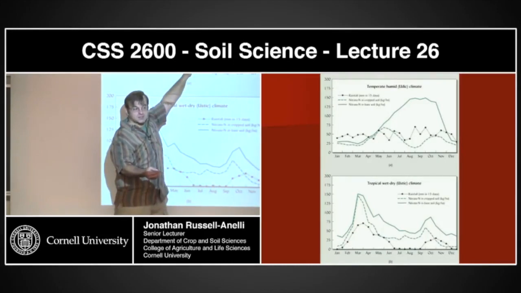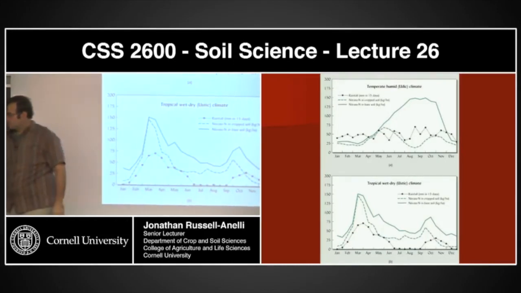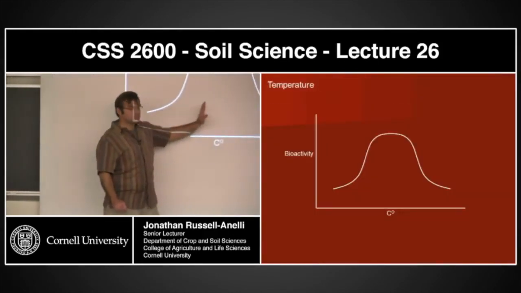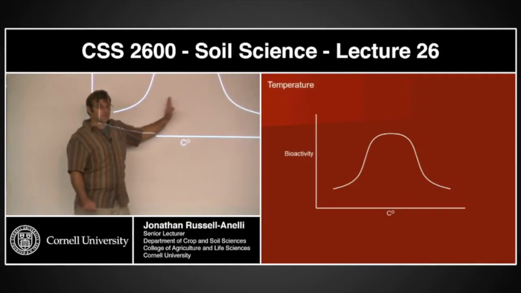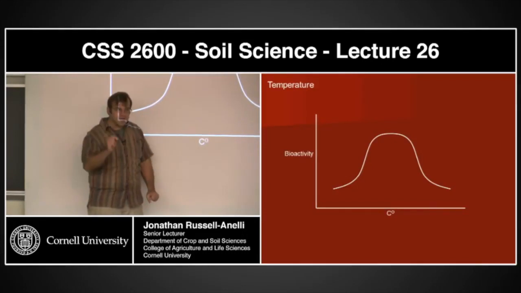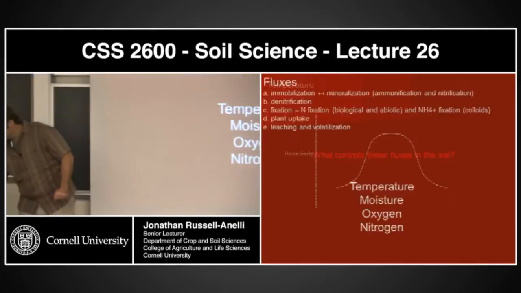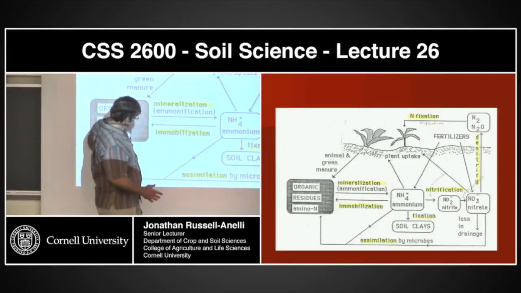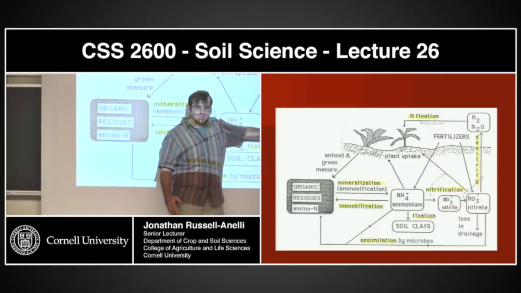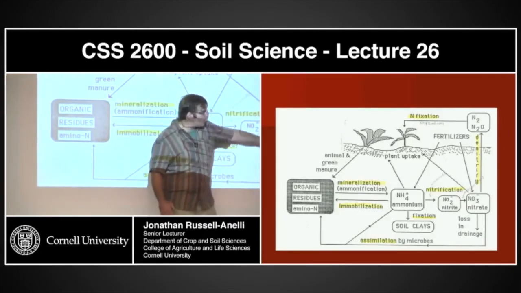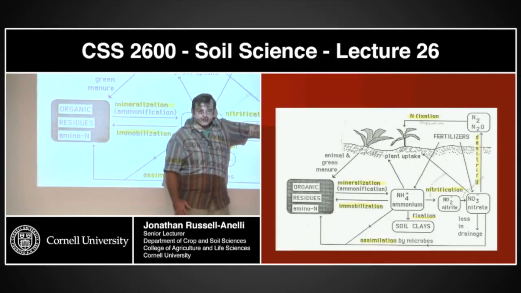Does that make sense? When we're talking about climate, what's this? Wintertime, summertime, right? And if the microbes are driving this cycle, it means this part of the cycle, when the temperature increases, that means that this cycle is going to increase, which means I'm going to have more of this. Does that make sense?